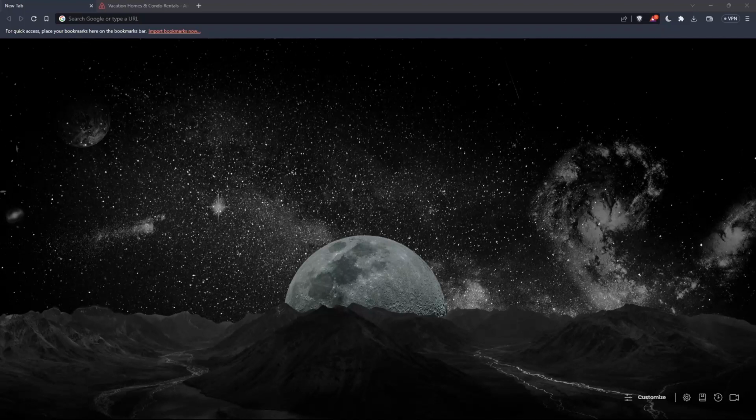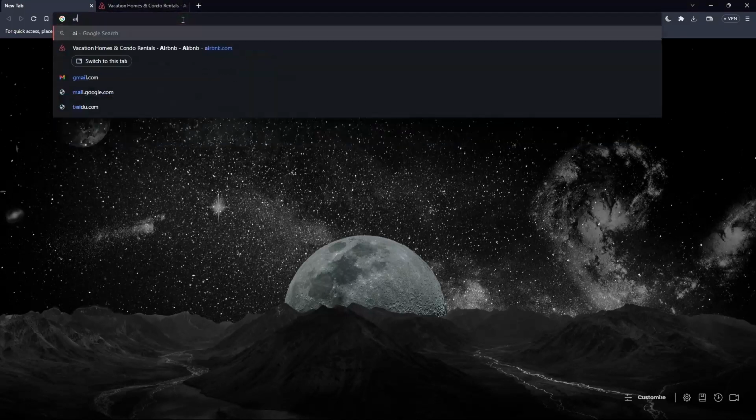In my case, I'm actually using Brave. But of course, in your case, you can use any other browser that works for you, including Google Chrome, Microsoft Edge, Firefox, Opera, whatever browser you have. So of course, once you open that browser, go to the URL section, simply type